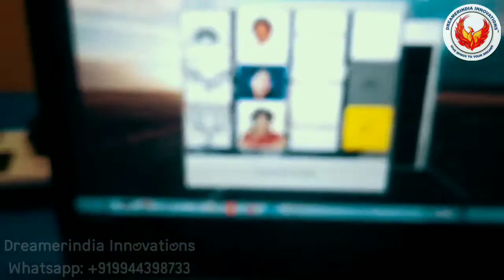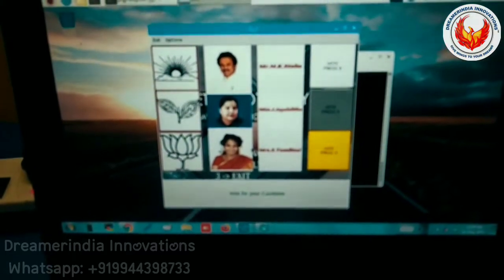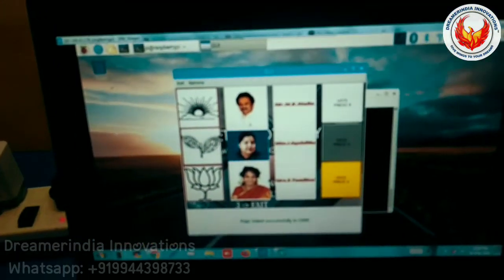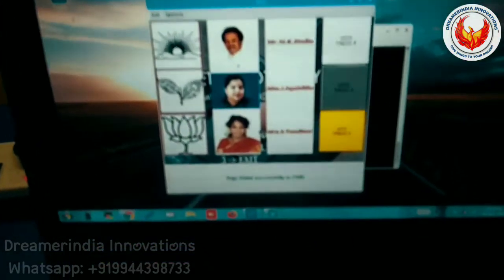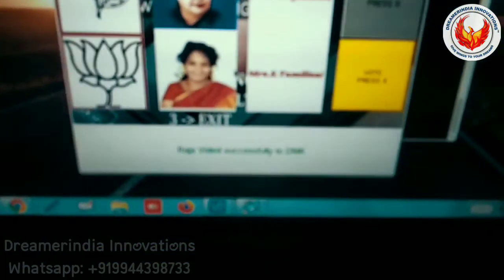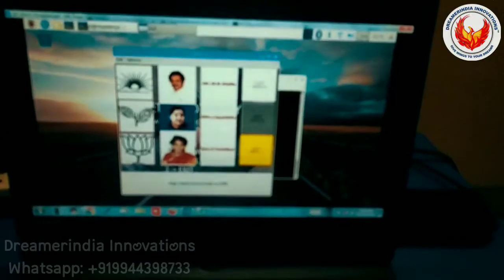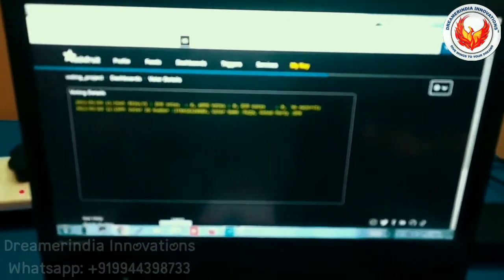When I press the key 8, the fingerprint verification will start. So I need to keep the finger here. I have kept the finger there. It will verify your fingerprint, and it also compares it with the RFID key. If your fingerprint is valid and it matches the RFID key, that is the voter ID key you have kept, then the vote will be successfully registered, and it will be shown here in the status below, and also in the IoT screen. You can see in the IoT screen it is showing.